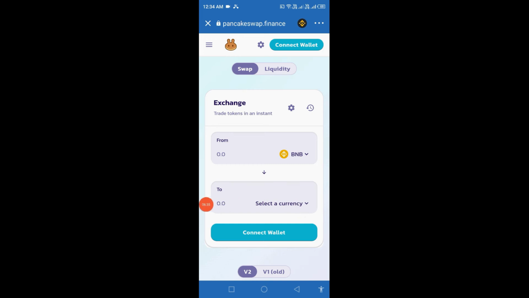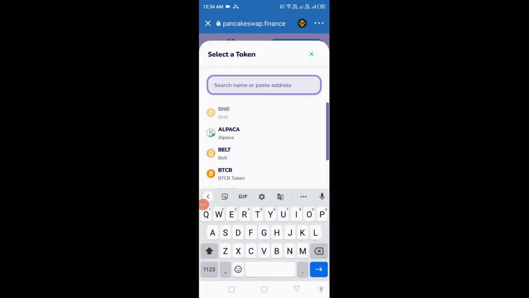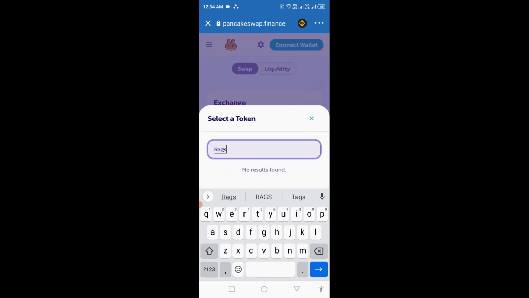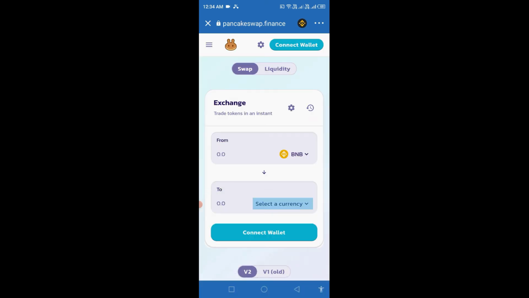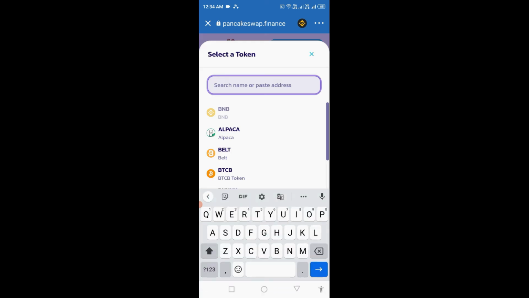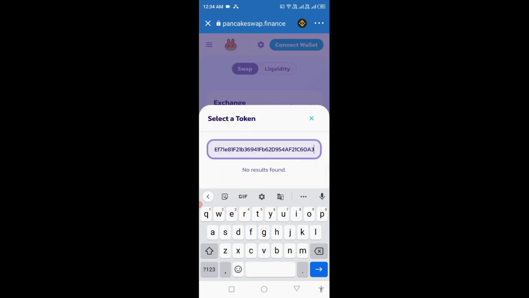And here you have to paste your contract address that we copied over there. If you type Rax, it won't be applicable. For that, we need to add a custom token. So here in the search bar, you have to paste your contract address. Once you paste the contract address, Raxcoin will be available over here. See here, you have to click on the import option.